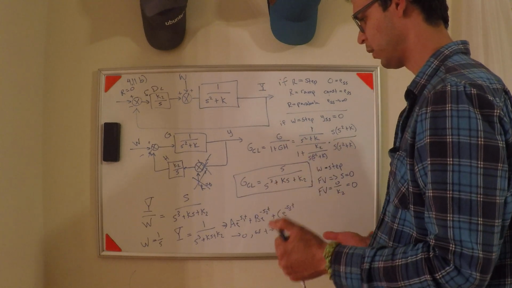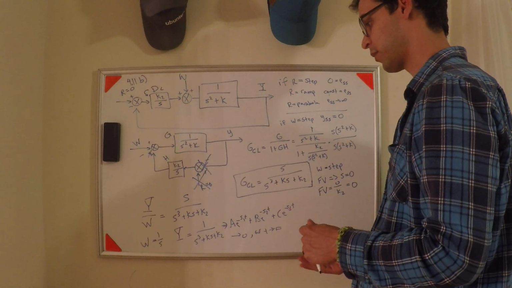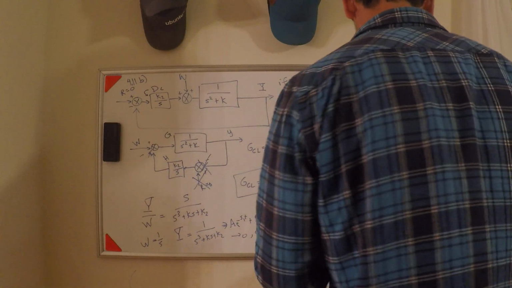So then the question is what happens if W is a ramp? Okay, well, so now things are different, right? So now if you,